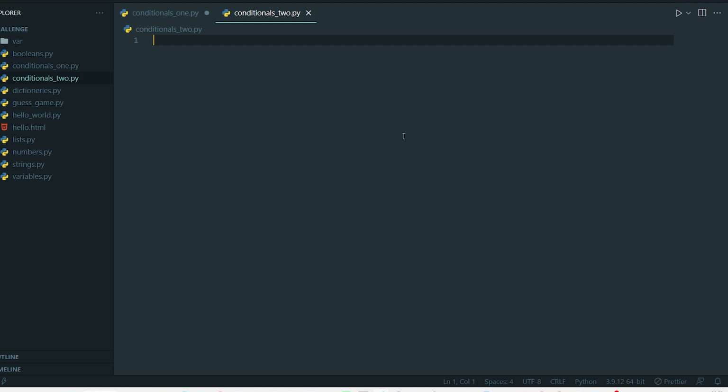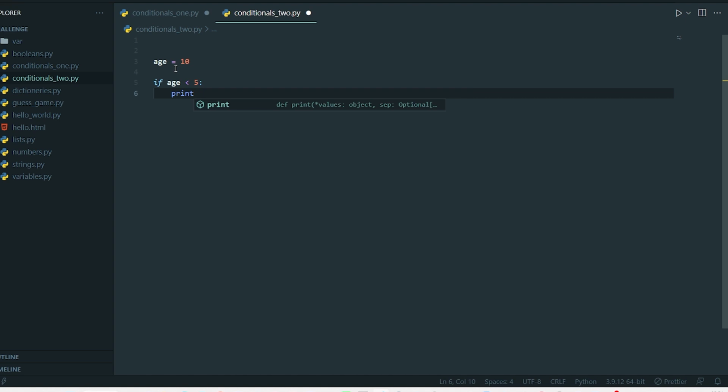So we want to have a check regarding the age. With regards to this age, we want to see if the user is qualified for a particular level of grade in school. For example, a variable age is equal to 10. Then from there we have an if statement which checks the age. So if age is, now we are going to use the less than sign, if age is less than 5 years, then our statement is going to print,